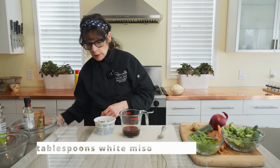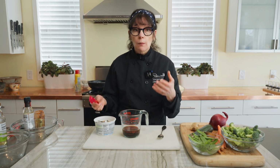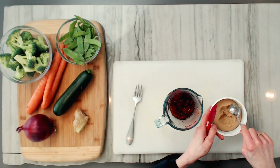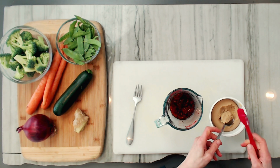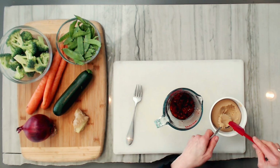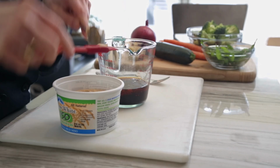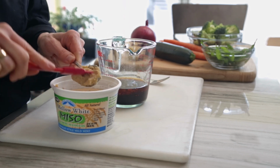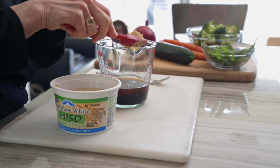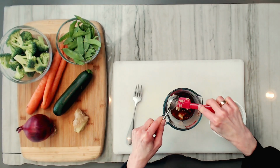Now, a lot of sauces that are similar to this would use honey or sugar to sweeten them up. I'm using white miso, which is the sweetest of the misos. Has a nice mild flavor too, and it's salty, of course. I'm using that, though, to add a little sweetness in without adding any added sugar. Because remember, this is a green recipe. So I'm going to take a little time stirring this up with a fork to make sure that this miso is actually dissolved. It'll probably take me a couple of minutes to do it,